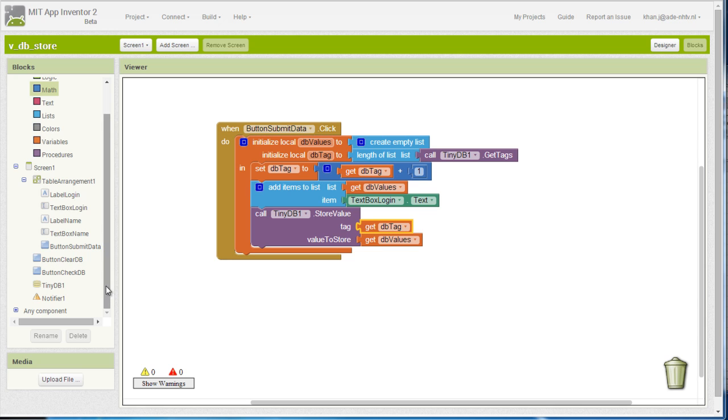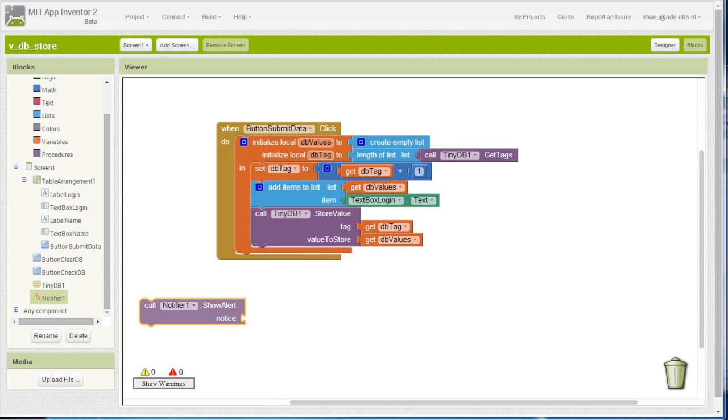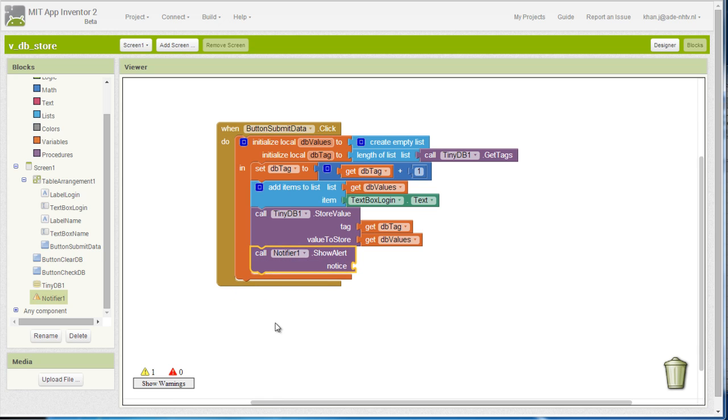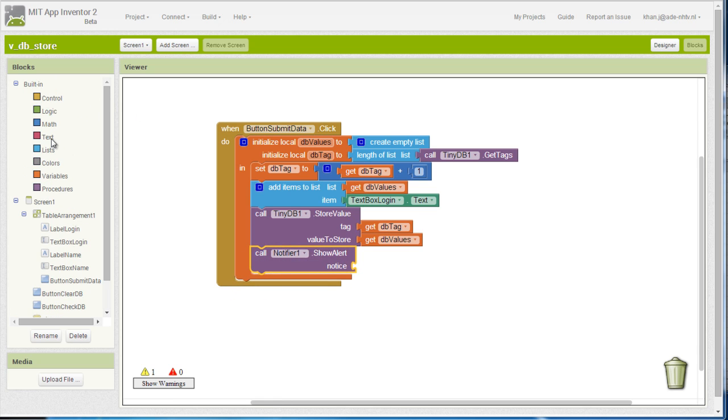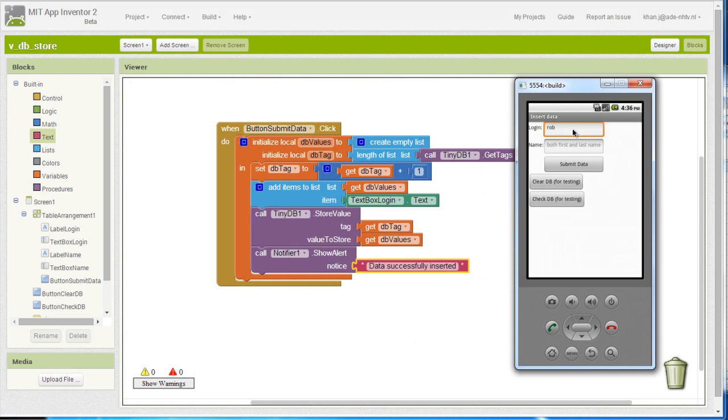Now finally, we're also going to add a feedback message to notify the user that their values have been successfully inserted. So let's check the emulator. So I'm going to bring back the emulator